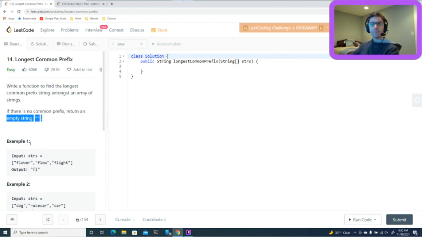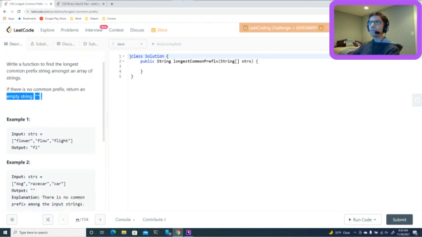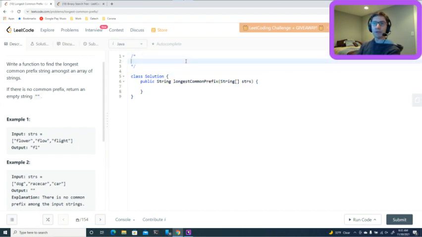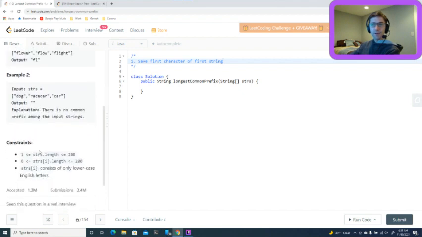Okay, so on first glance, this looks like a pretty straightforward loop and current value check. So the algorithm that I'm thinking about would be: save first character of first string. I'm assuming we can assume that the strings are not all,